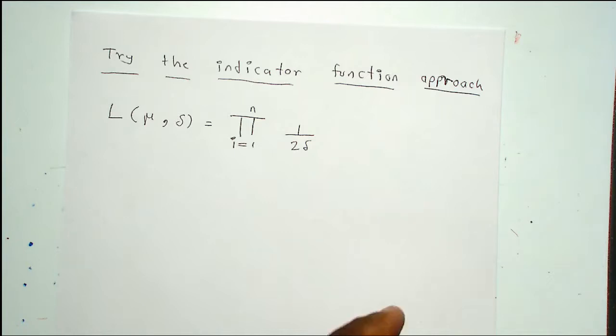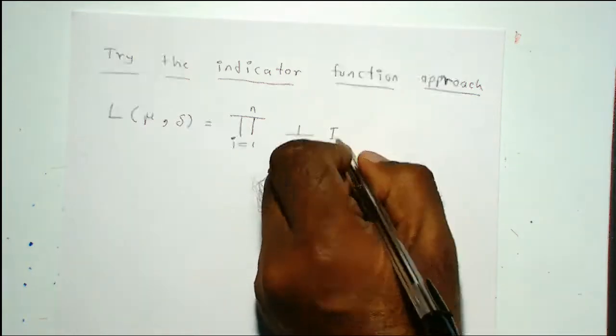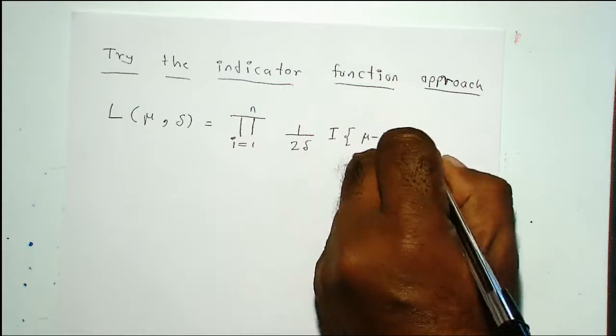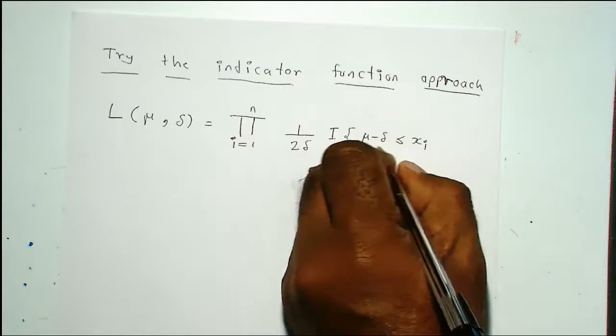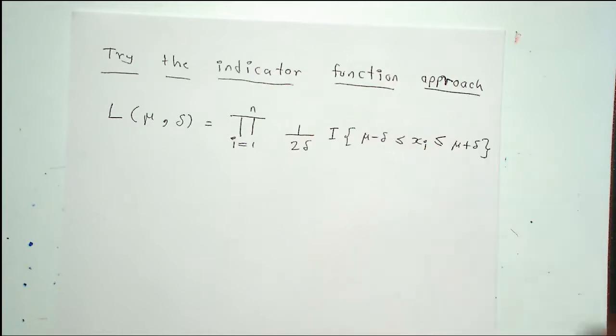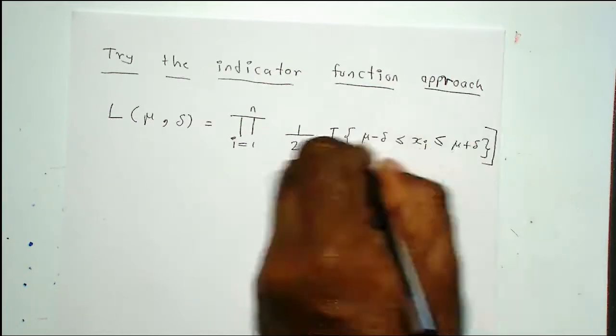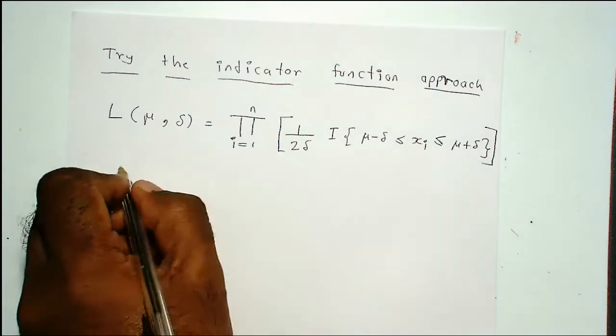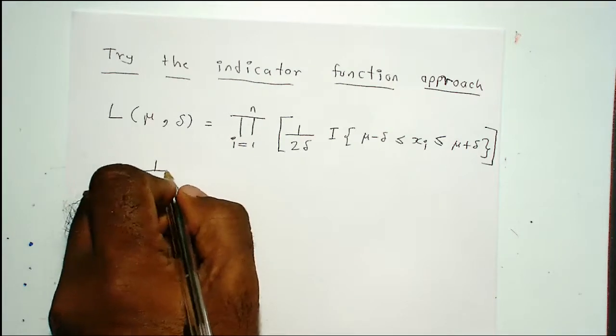So we must say that every xi lies between mu minus delta and mu plus delta, and put this in like this. Now, you should simplify this, guys. You get